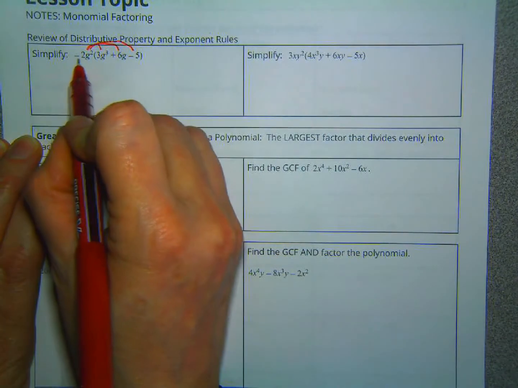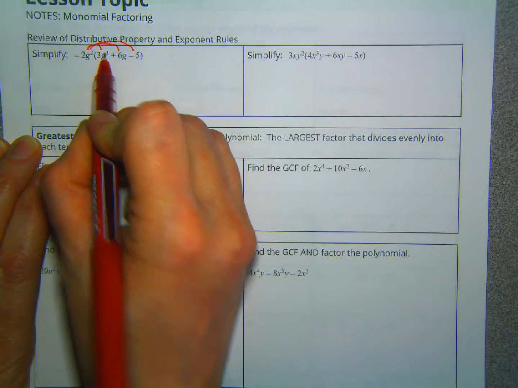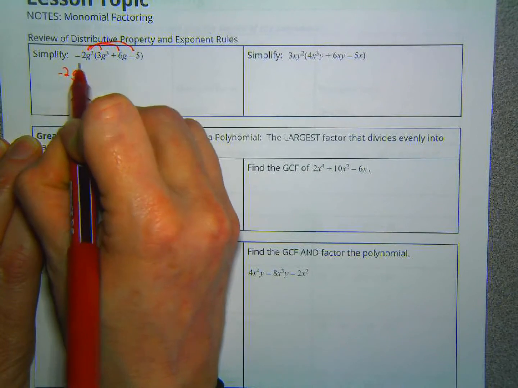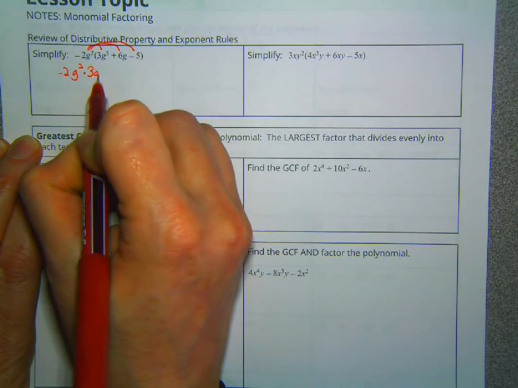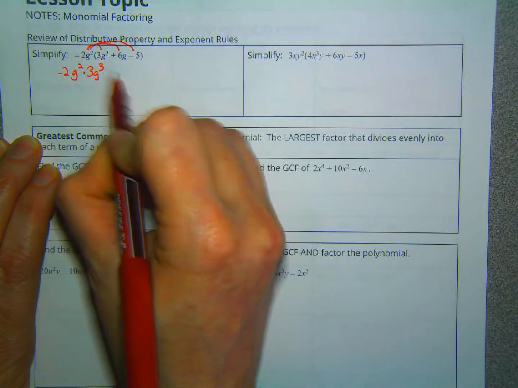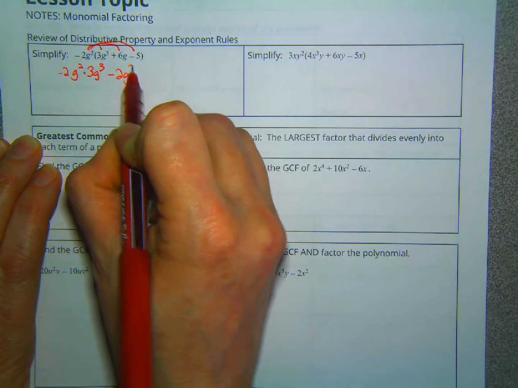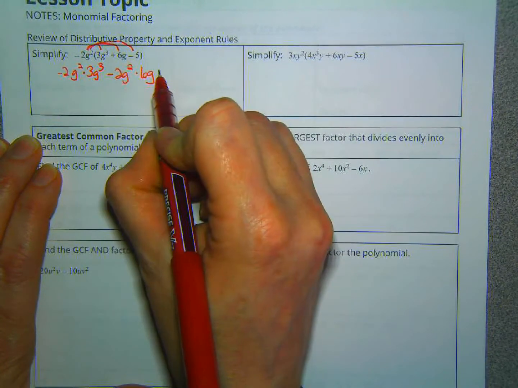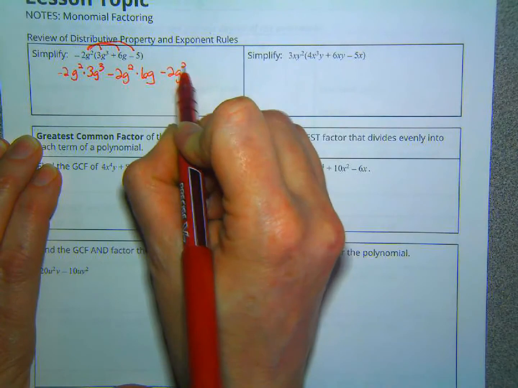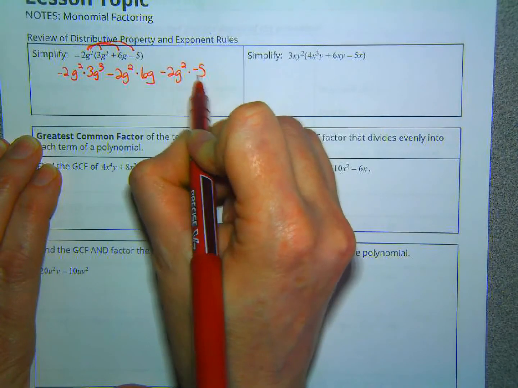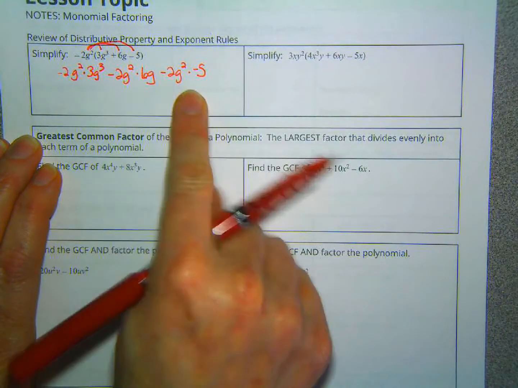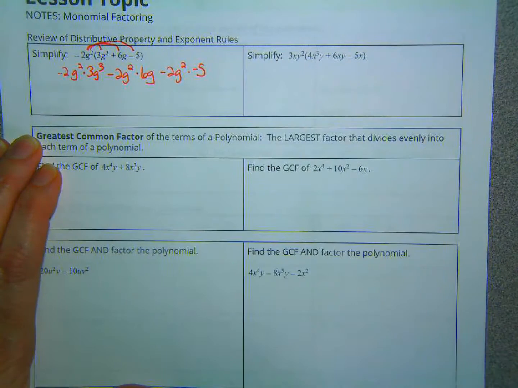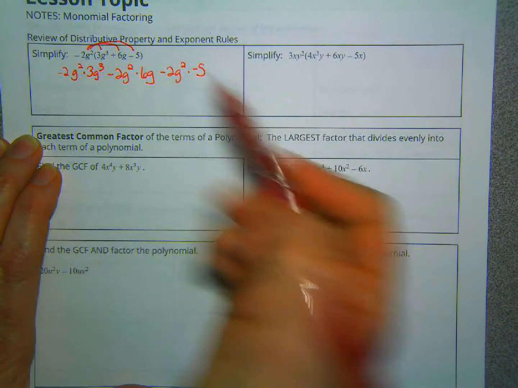So we have negative 2g squared times 3g cubed. I'm going to write this out for the first one. And then we've got negative 2g squared times 6g. And then we have negative 2g squared times negative 5. And then when we simplify, again, I would skip this step that we just wrote down, but when we simplify,